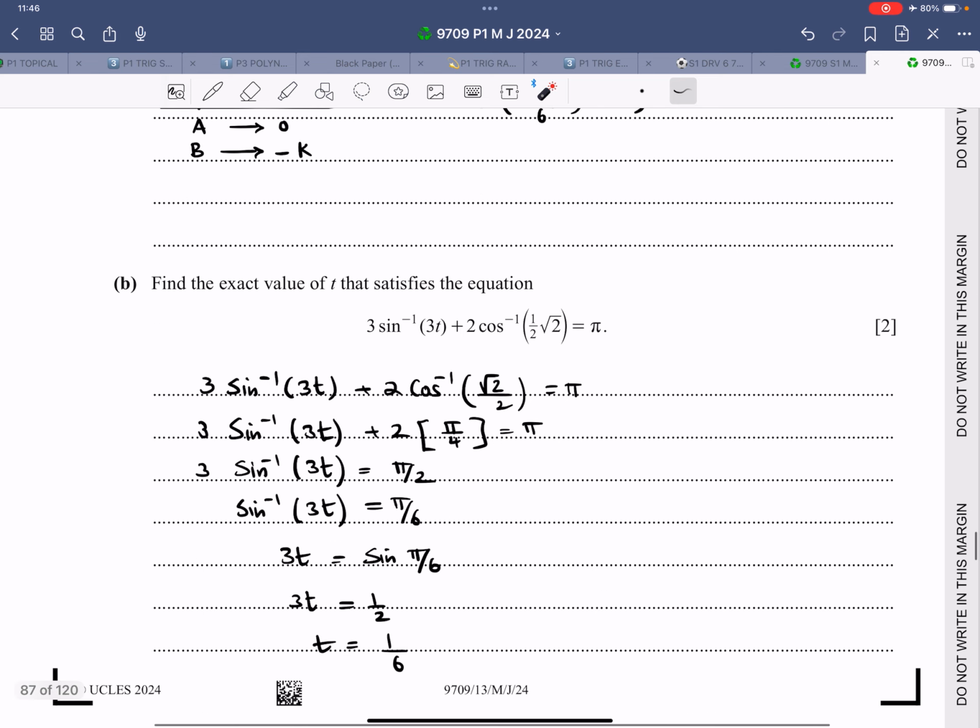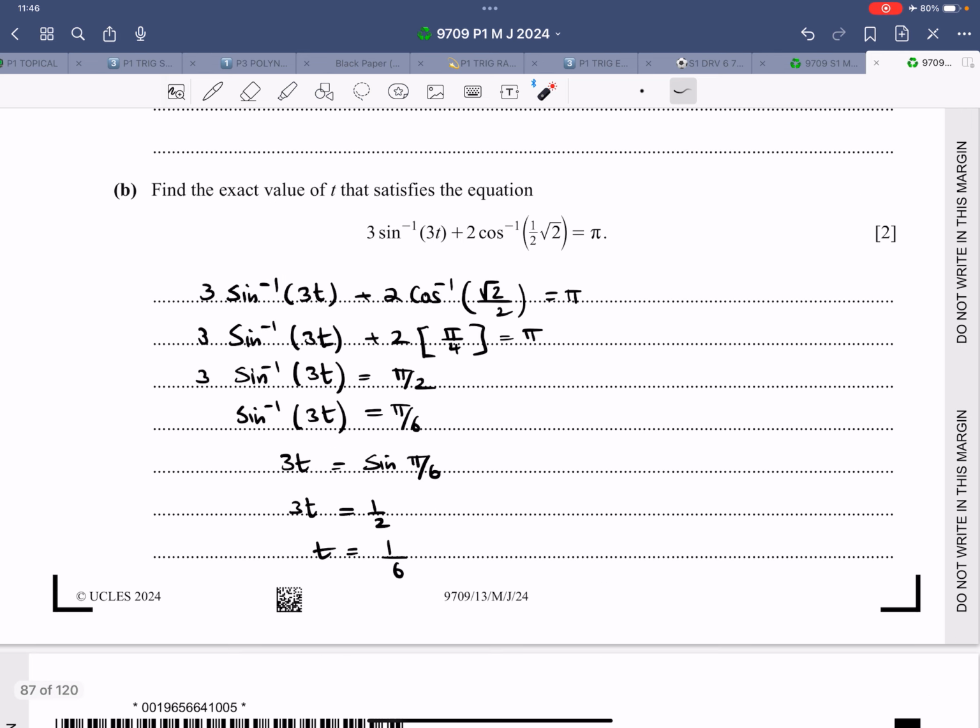Now part B is totally different. It's about the concept of inverse and everything. Find the exact value of t. That means it could be in the surd form, it could be in fractions, it could be in terms of pi. Over here, it will be in the surd form. Find the exact value of t that satisfies this equation: 3 sine inverse 3t plus 2 cos inverse half root